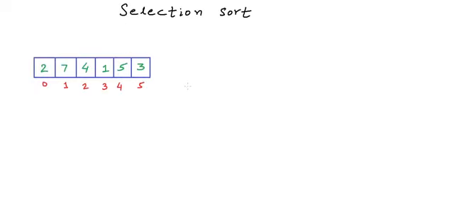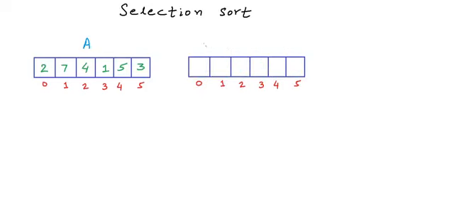Now let's say we want to write a program to sort a list of integers given to us in the form of an array. Something like this. We have an array of 6 integers here. So we have indices from 0 to 5. Let's name this array A. To sort this list, we can do something similar to what we were doing for our cards example. We can create another array of the same size as A. So we have another array of size 6. Let's name this array B.